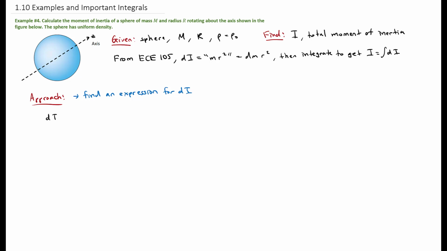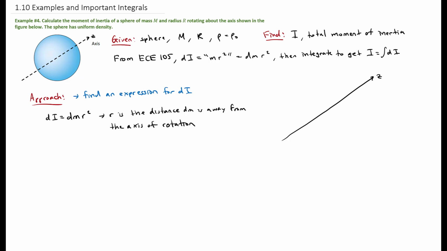We know that dI is equal to dm r squared, but we have to keep in mind how r is defined. r is the distance that dm is away from the axis of rotation. So if our axis of rotation was z over here,